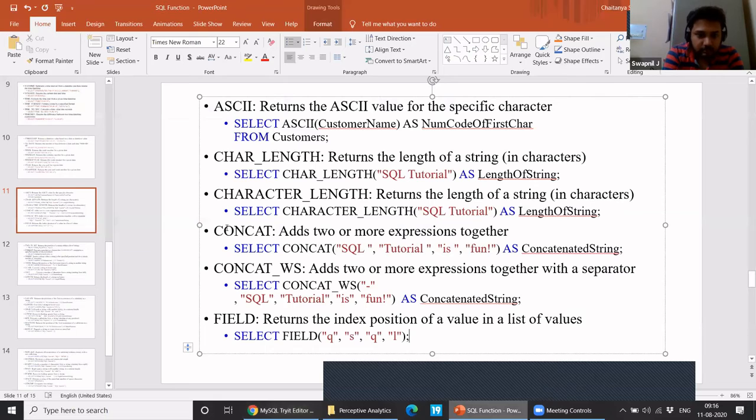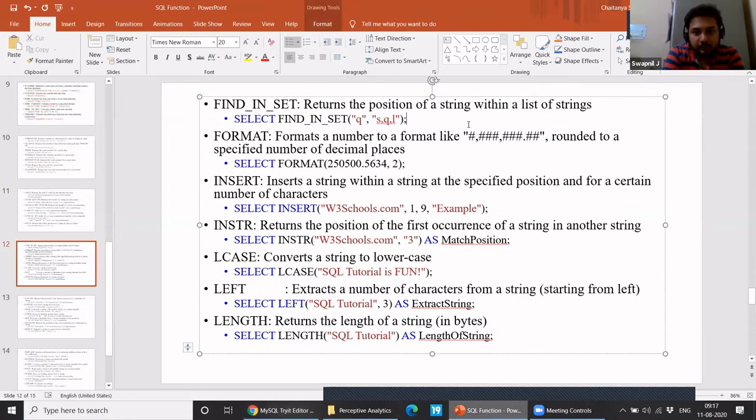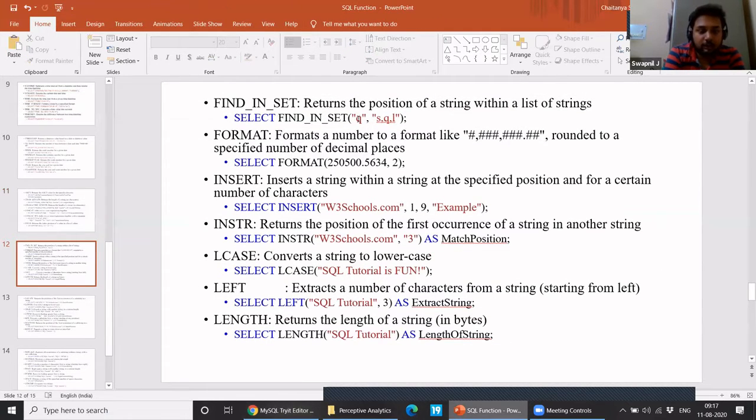Okay. Got it. Then we have FIND_IN_SET. It's the same, if we have a list of strings, then we can find its position. Like these are comma separated, and if we want the position of Q, it will give us the position number. Okay. I have one quick question. Assume Q is there in multiple positions.